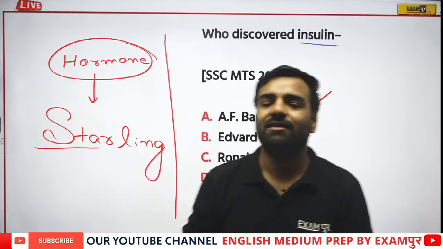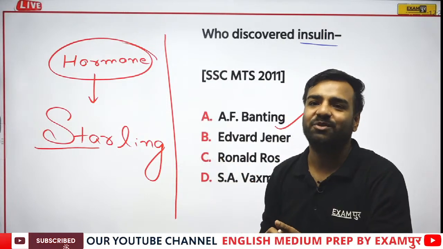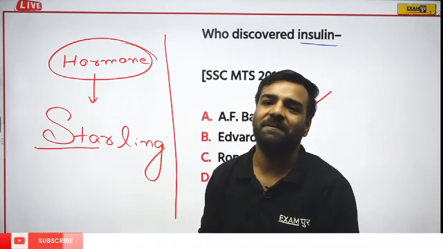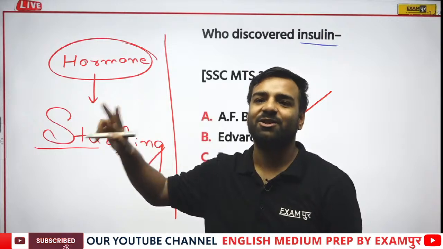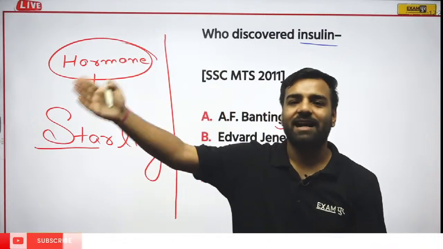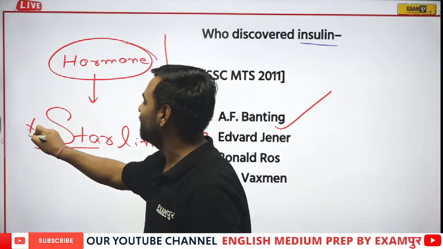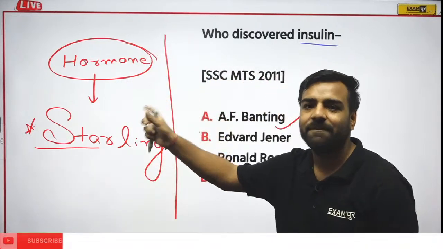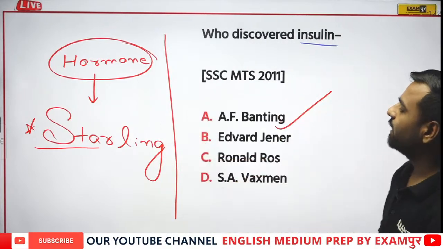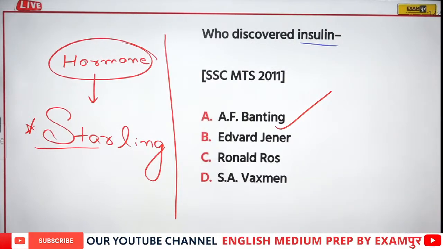Let's move forward with the geography part. If I talk about the rivers which are there in Australia, who can tell me about those 2 famous rivers which are present in Australia? They are actually Murray Darling, correct? So Murray and Darling are 2 different rivers. So now I guess you can relate that. So Starling and Bayliss are the ones who have actually coined the term hormone, and obviously the discovery was done by him. Fine. So Starling would be the correct answer, and in a similar way, if I talk about insulin, that is A.F. Benting.